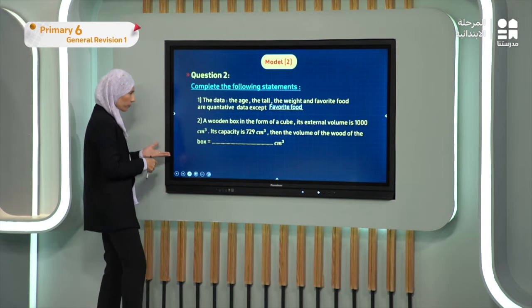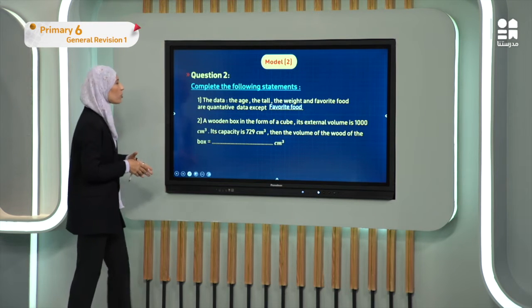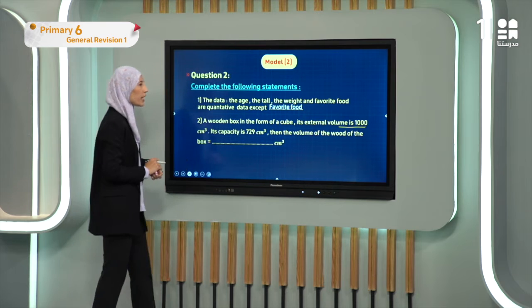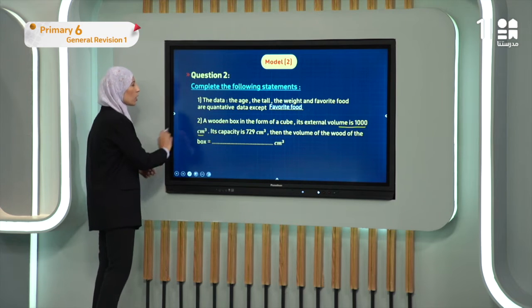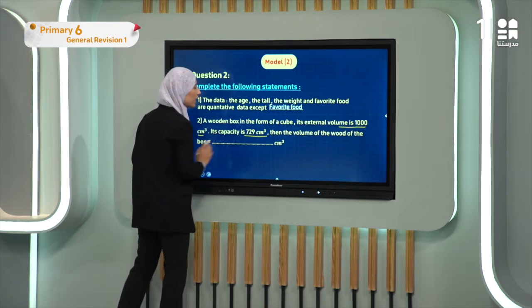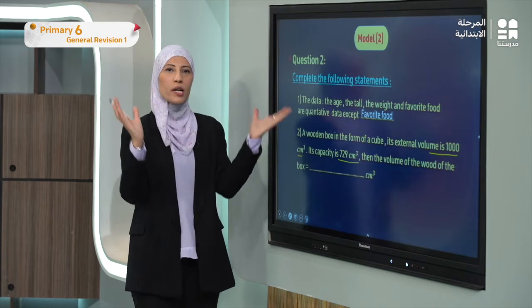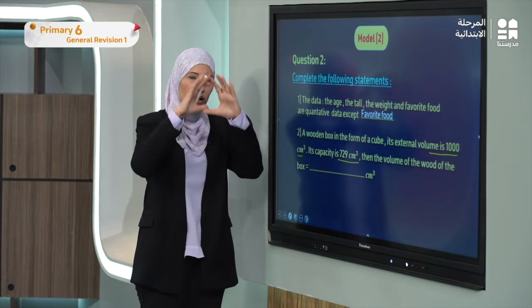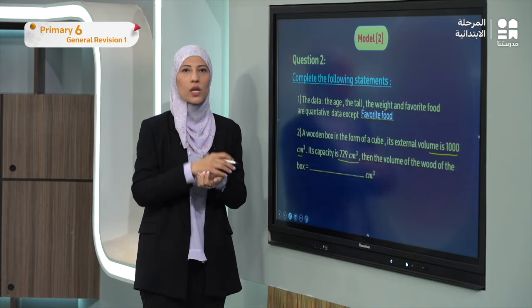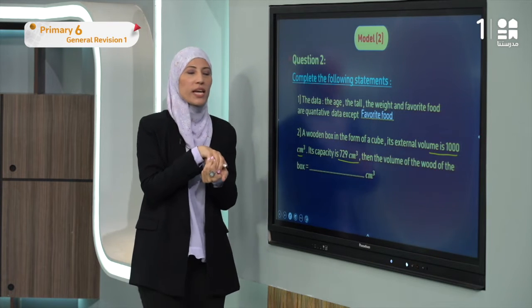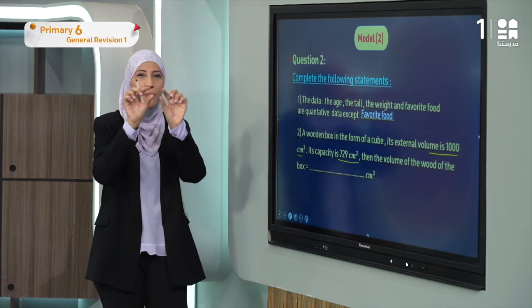طيب أول حاجة لازم أخد بالي إن هو مديني الفوليوم الاكسترنال فوليوم بتاعي 1000 كيوبيك سنتيمتر والكاباسيتي بتاعتي مديهاني 729 كيوبيك سنتيمتر. طيب يعني الفوليوم من بره البوكس من بره الفوليوم بتاعه 1000. طب والكاباسيتي اللي جوه السبيس اللي جوه ده ايكوال كام؟ 729. يبقى الوودن بوكس